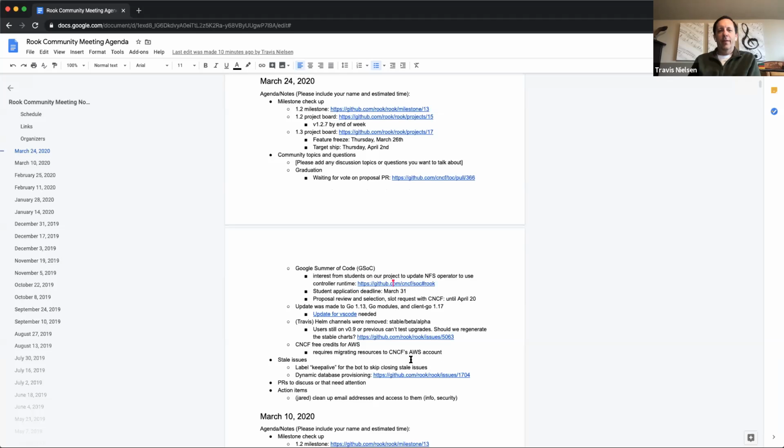Okay. The Google Summer of Code program is in the application phase now. They are changing the dates a little bit with all of the coronavirus craziness going on right now.